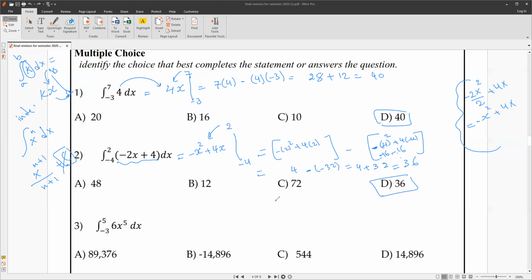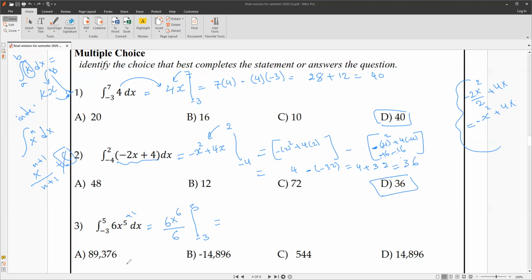Just apply the rule of integration. Okay, look here, how to find this one? I think it's so easy. 6x is the antiderivative. Add 1, it will be 6 to the power what? Over 6. Add 1 to the exponent, then divide by the new exponent. From what to what? -3 to 5. That is the definite integral. How do we find it? I use this